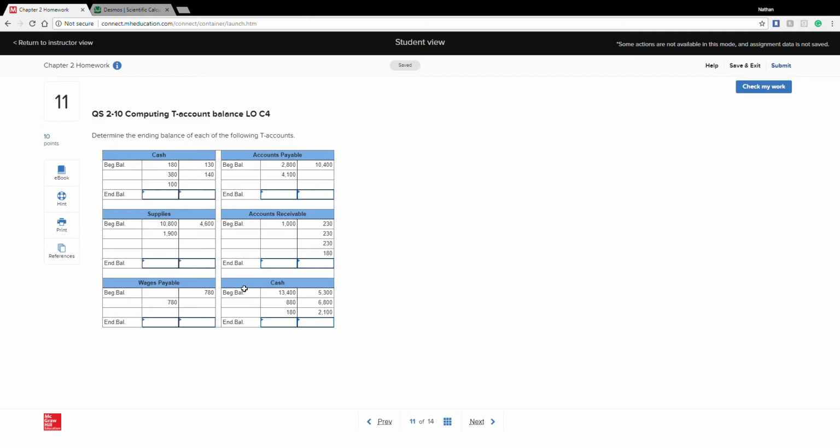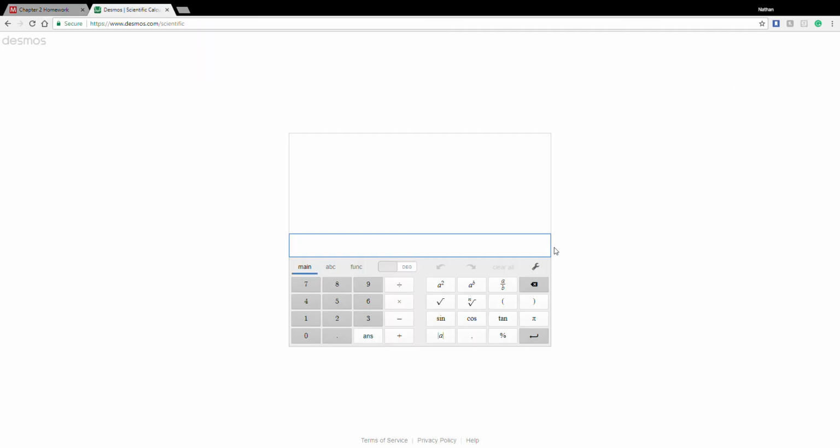So again, with the capturing program I'm using, I can't really put a calculator right here and show. So I actually opened up another link. We should actually see it. So right here,